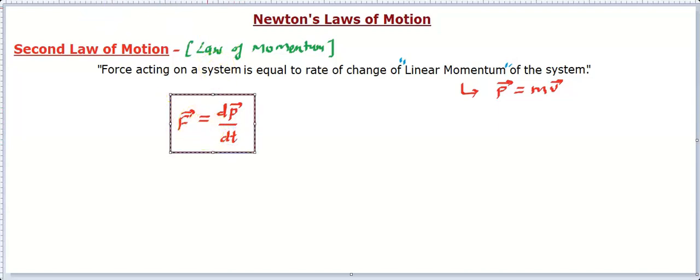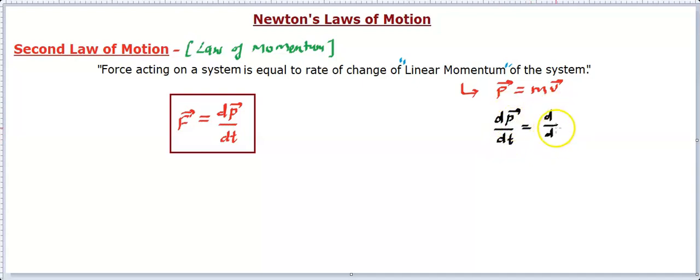So this becomes a formula that says force is equal to dp by dt, where dt is the rate of change with respect to time. When we say rate of change, we generally refer to it with respect to time. Now we can further simplify and put the value of p over here. So we need to say dp by dt. It means we need to differentiate the above equation on both sides with respect to t.